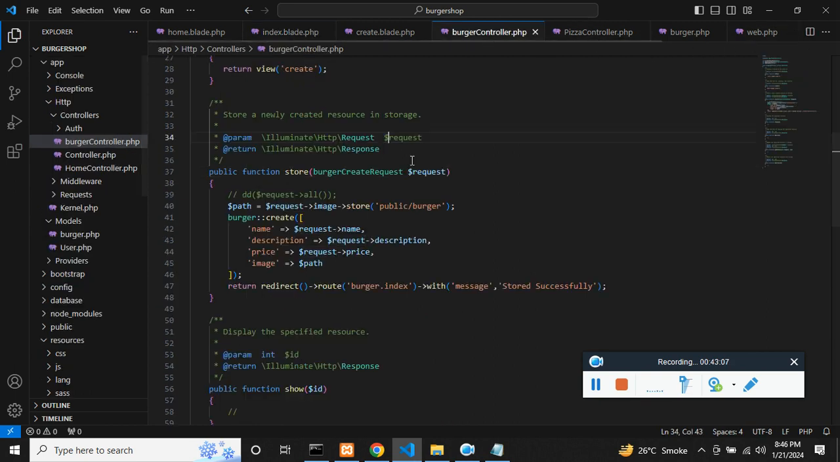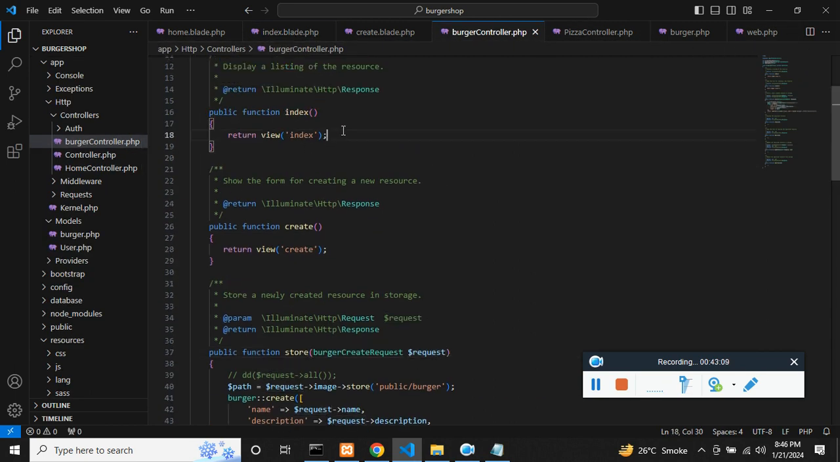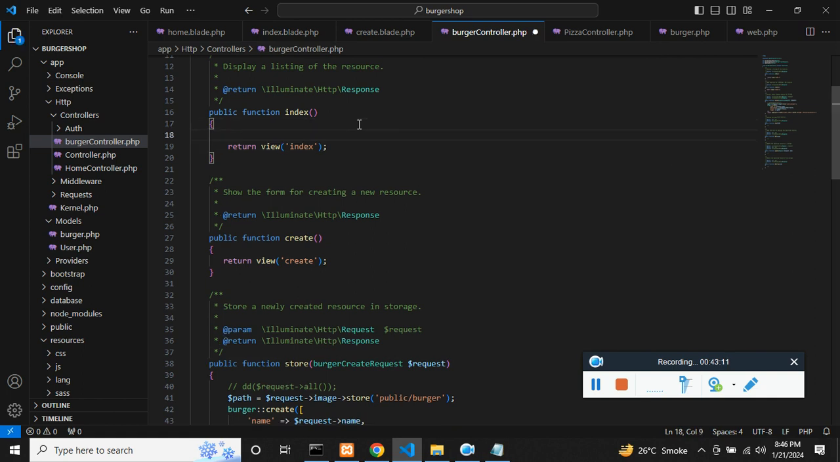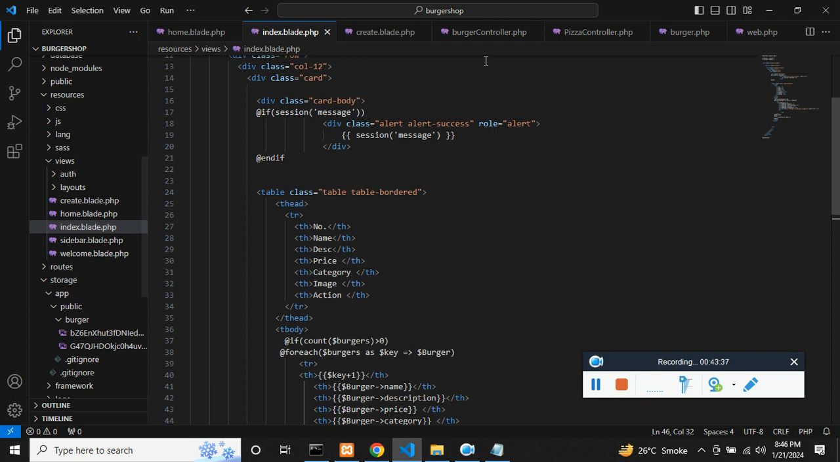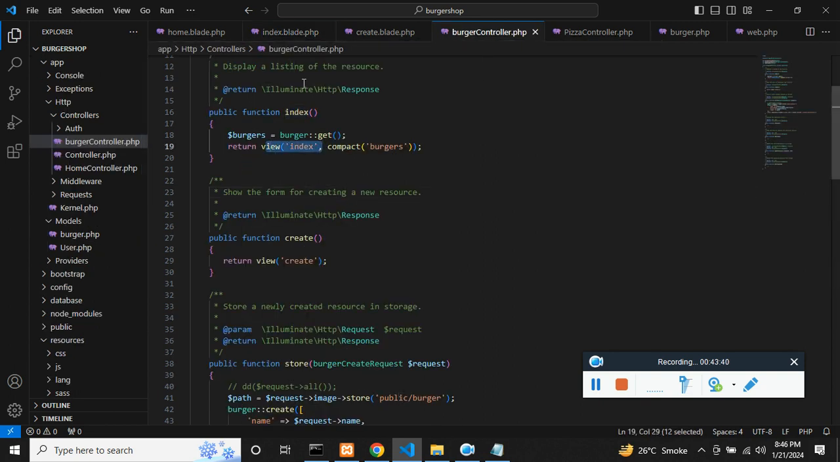So in the controller, in the index, we need to use the model which is Burger, use the static method called get and store it into a variable called $burgers, and send the received data with the help of the compact function. Now we can access the burgers variable in our index.blade.php because we are returning it. You'll see return to the index,